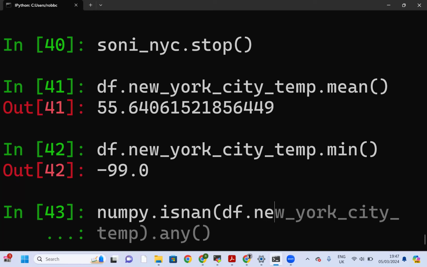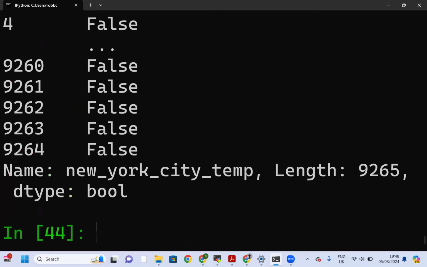So that should read numpy.isnan, open parenthesis, df.new_york_city_temp, close parentheses. So basically, please numpy, check if there are nans in this column of the data frame, and hit enter. Out[43]: 0 False, 1 False, 2 False, 3 False, 4 False,